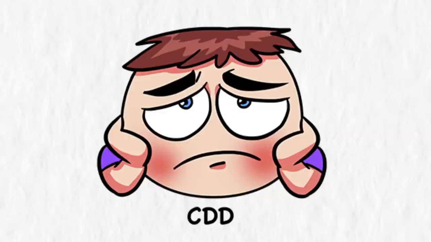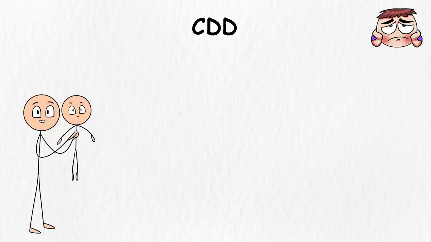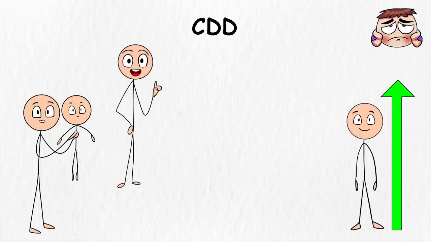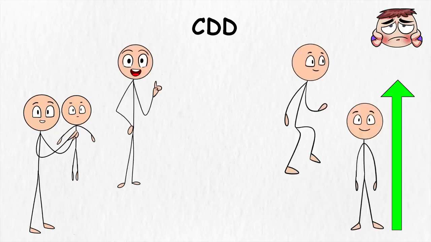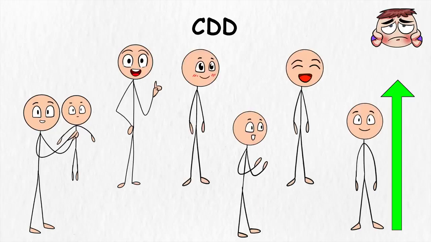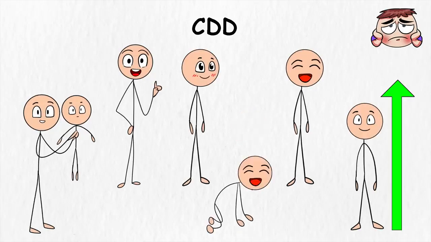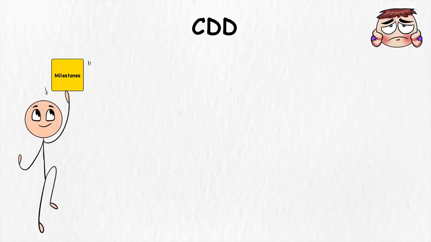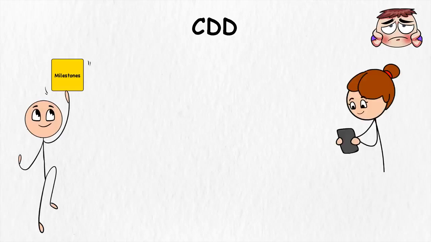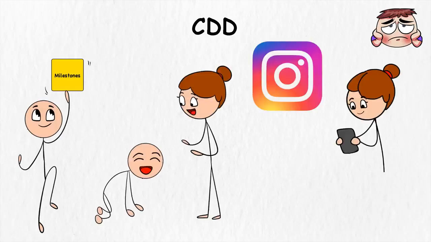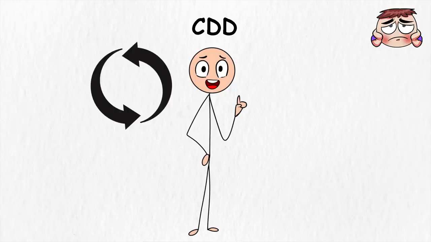Childhood Disintegrative Disorder, CDD. So let's say you have a little kid, right? This kid is growing up pretty normally, walking, talking, being adorable, crushing it at peekaboo, living their best toddler life. They hit all the milestones. Mom's posting them on Instagram like, "My baby is a genius! Life's good!" Then, all of a sudden, something changes.